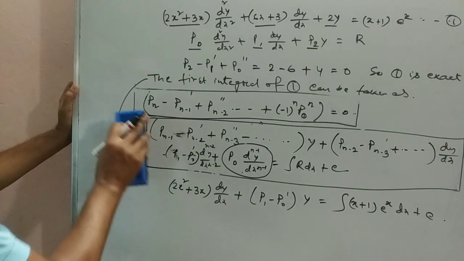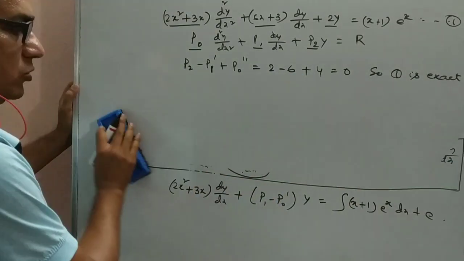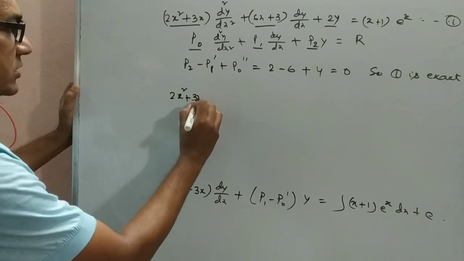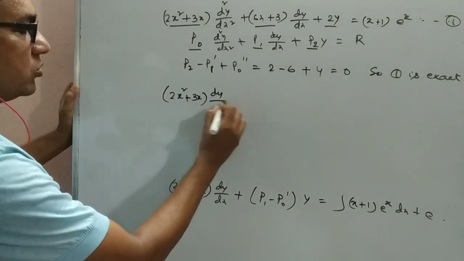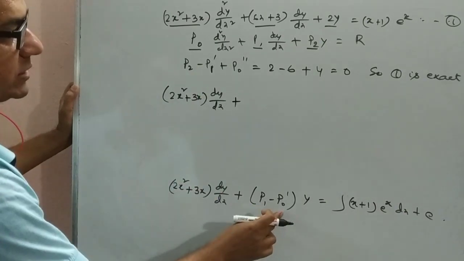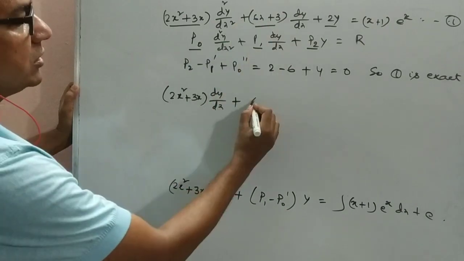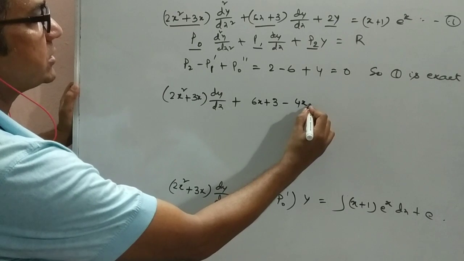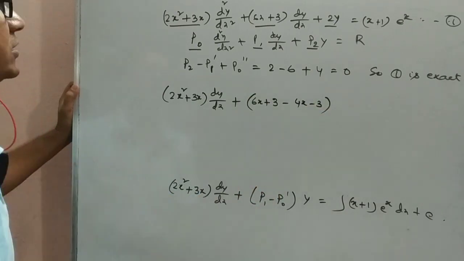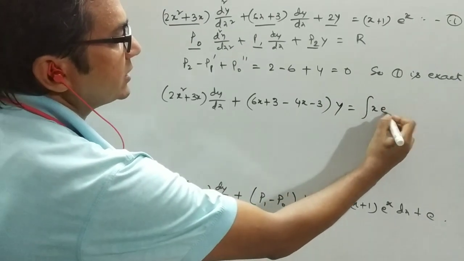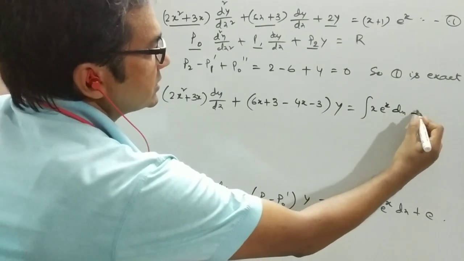Okay, now we get the first integral as (2x square plus 3x) into dy dx plus the (P1 minus P0 dash), that is P1 6x plus 3 minus P0 dash 4x minus 3, right, into y equal to integration x e to the power x dx plus